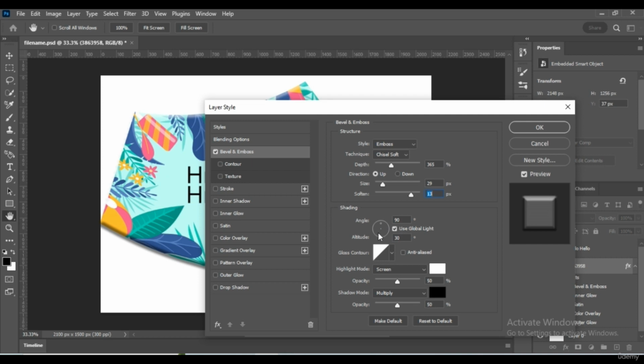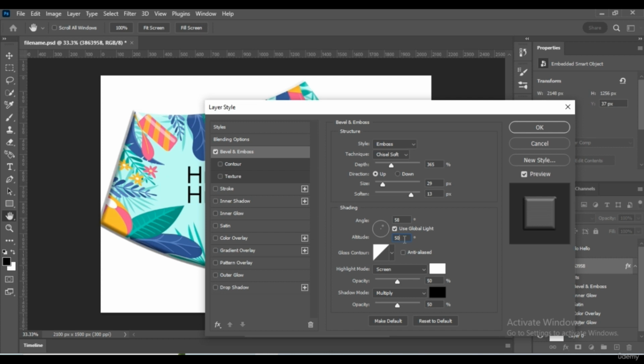Also, the angle sets the light direction. As you can see, when the light is at the top right of the circle, the shadow is at the bottom left. Altitude sets the light height from the object.